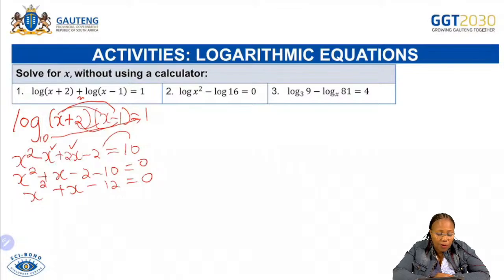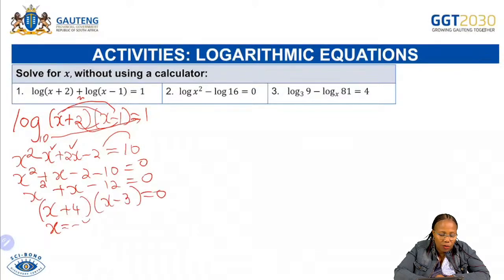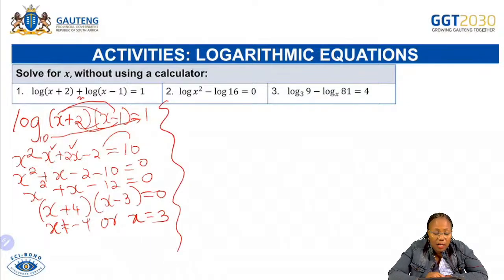Factors of 12 that, when you subtract them, give 1 are 4 and 3. Then it will be x plus 4 and x minus 3 equal to 0. Therefore, x is equal to minus 4 or x is equal to 3. A log cannot take a negative answer because it will be a log of a negative, which is undefined. And the second one we are subtracting, it will be log